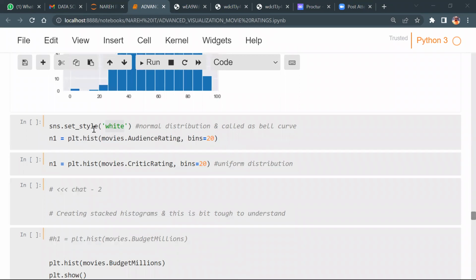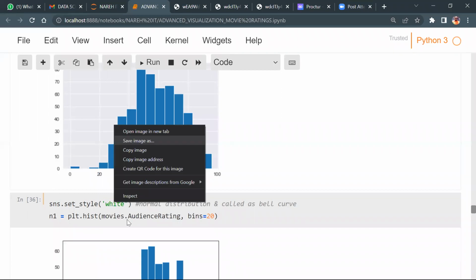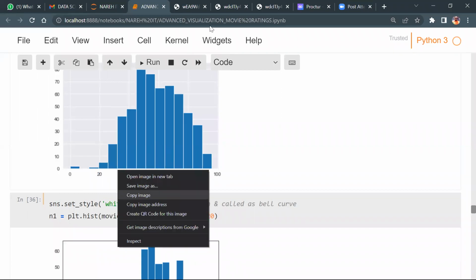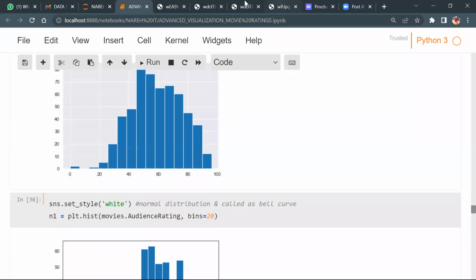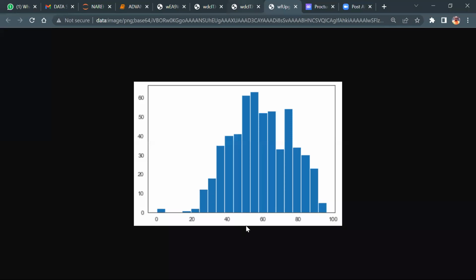Okay. So sns.set_style white, audience rating, bins 20. Let's run it. See the histogram. Do you see the background colors? Yes, team. Online guys, do you understand or not? Yes, Azad, Washim, everyone, guys. Avinav,